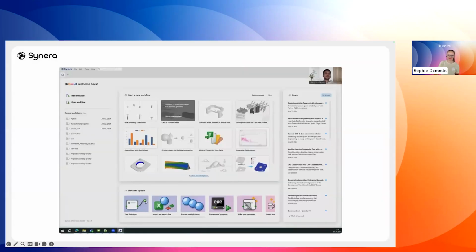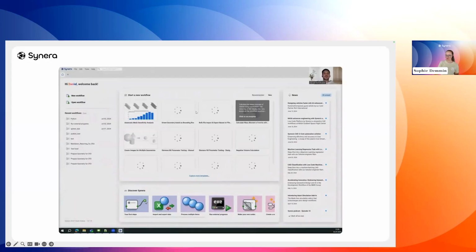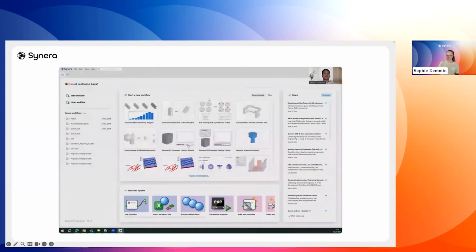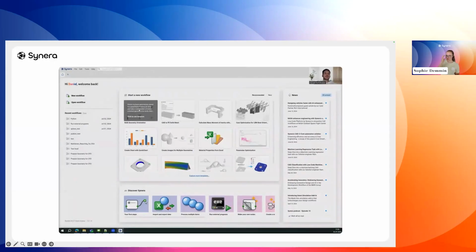So what do we have here? This big panel in the middle gives you existing templates. You can even change that view to get the new templates first or the recommended ones. What I like about this is that it just gives you this overview, and I actually discovered new templates just by having this right open, because I don't actively use the templates that much, and therefore I don't see what's new. And for example, this mass moment of inertia thing,